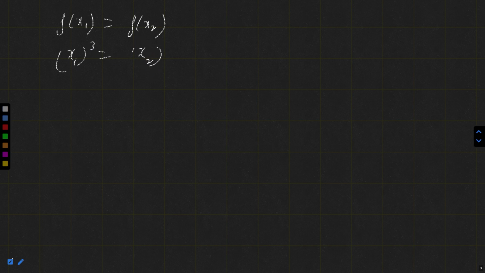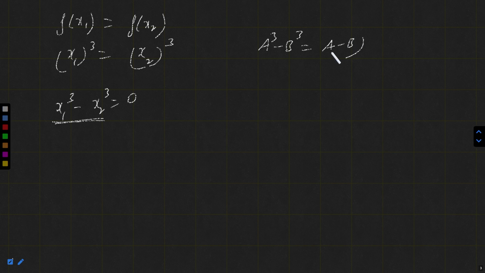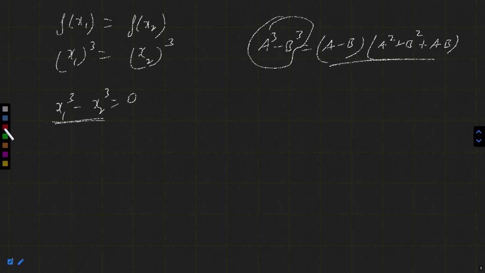x2 whole cube. From this, what I can say is that x1 cube minus x2 cube will be 0, and from this I know that a cube minus b cube is equal to a minus b times a square plus b square plus ab. This is the factored form for this expression. So I can rewrite it as x1 minus x2 times x1 square plus x2 whole square plus